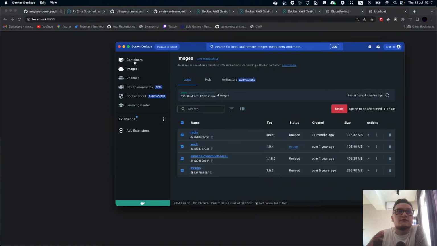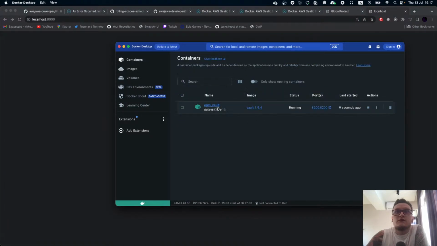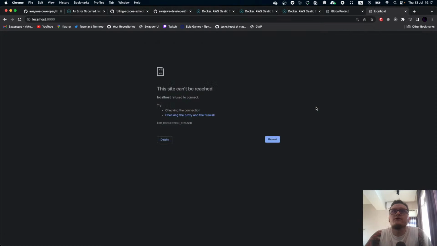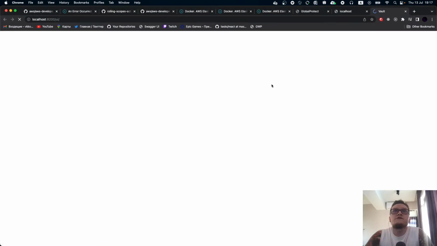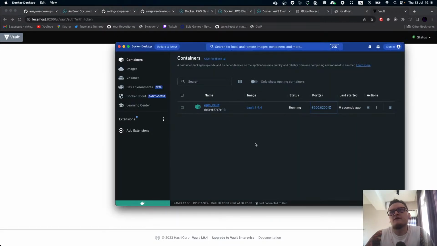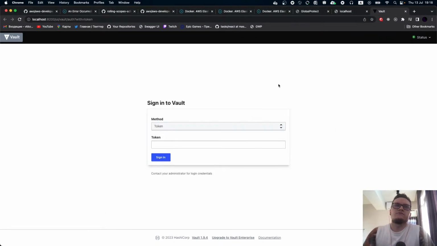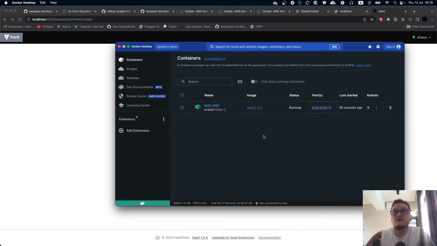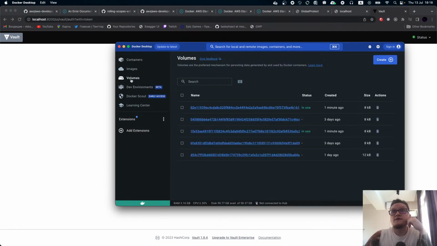We can go to containers. We can see it here. We can go to this port. And as you can see, my Vault application is running. So the build of this application took me like 30 seconds, I believe. And I don't need anything like the infrastructure of Vault, how it works, or anything. I just run my image and it mounted and it works. That's how it goes.